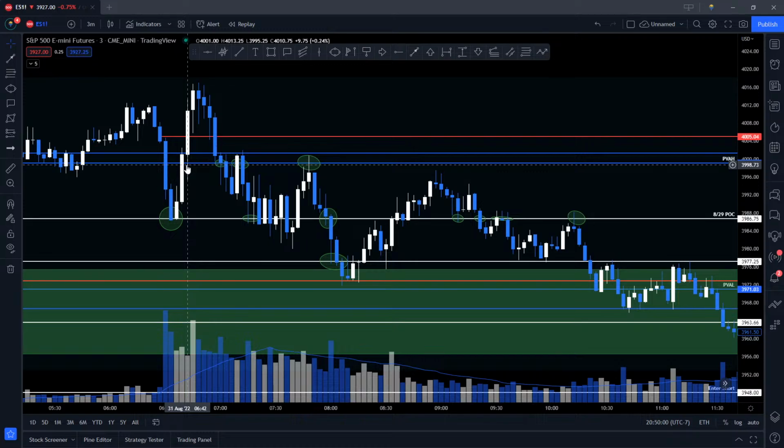So be okay with having losing trades. Be okay with getting stopped out. But if you're shooting for that 2-to-1 risk to reward, like I said, even if you're a terrible trader and you're only right 50% of the time, you're still going to bank. And the last thing